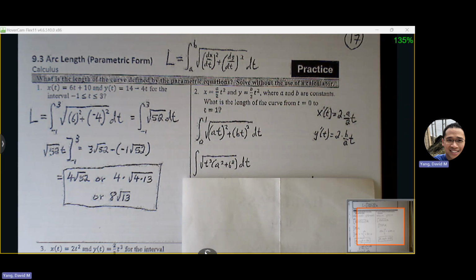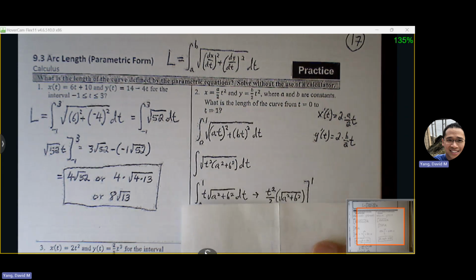My derivative, x prime, is just 2 times a over 2 t, which is just at. y prime is just 2 times b over 2 times t, which is just b times t. And if I clean this up, I can square: a squared t squared plus b squared t squared. I can factor out that t squared, and I can pull that t completely out from under the radical. And if I do that, I get something that